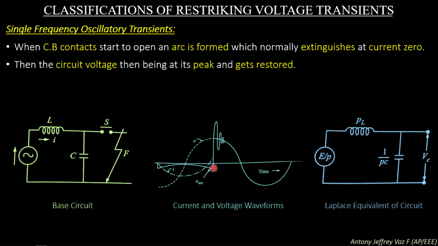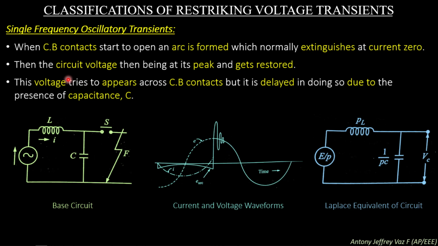On seeing these waveforms, you can see the voltage waveform and the current waveform. You can see when the arc is extinguished at the current zero position, there is a peak circuit voltage which is trying to get restored in this position. This voltage tries to appear across the circuit breaker contacts, but it is delayed in doing so due to the presence of capacitance C. Since the fault is present here and the capacitance is present here and the circuit breaker has